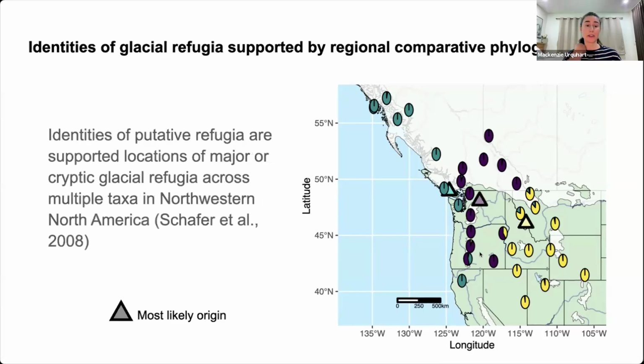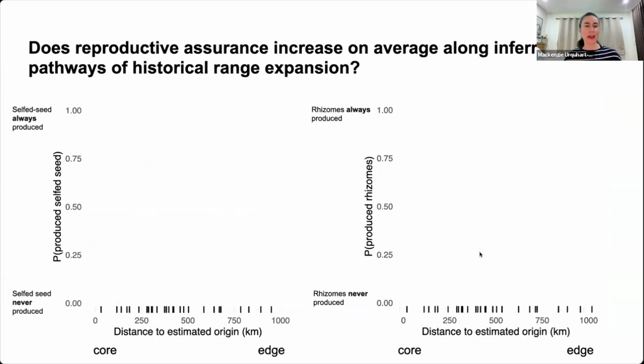So the results of our phylogeographic analyses identified 3 putative refugia, the locations of which were also supported by a comparative phylogeographic meta-analysis of glacial refugia in northwestern North America. And additionally, our other estimates of genetic diversity were, on average, generally highest at mid-latitudes, which also supports these identities of putative refugia. So now, with the resolved spatial locations of our inferred refugia, we're ready to test our central